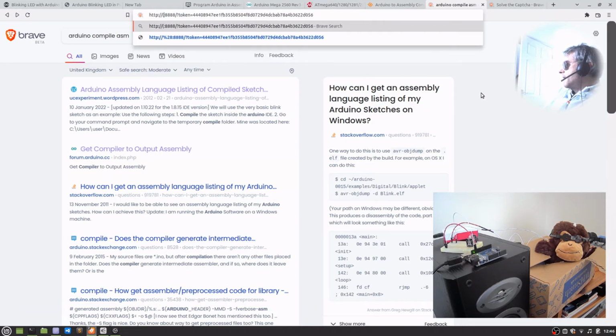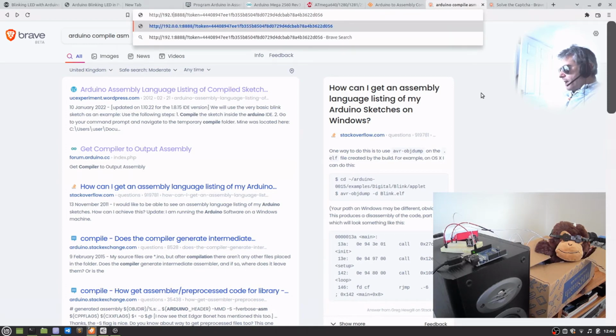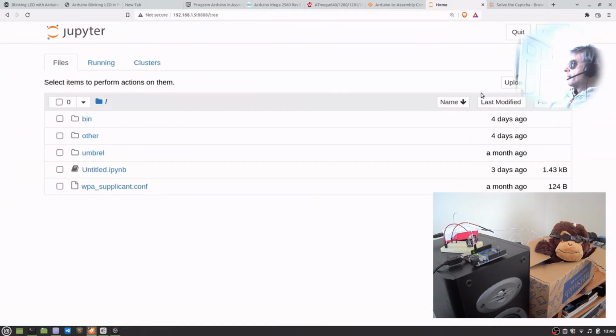So you get this link with the name of your machine, and then you just have to edit it and put in your IP address. If you've done this once, you'll know it off by heart by now. Okay, so now we're back on the